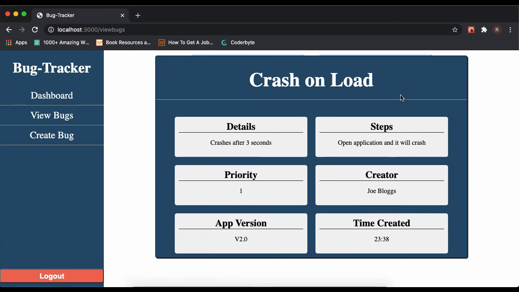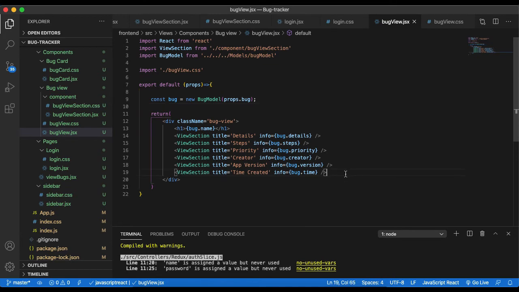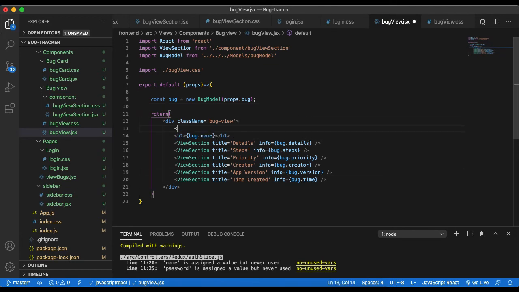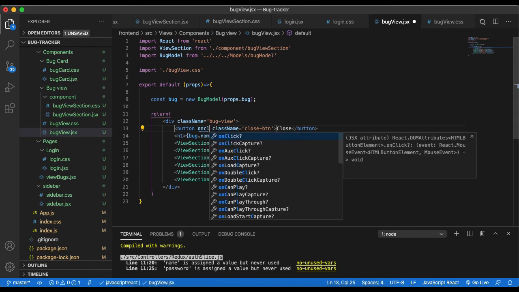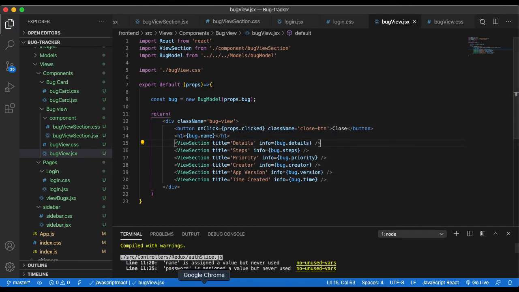We need to put a close button at the top so we can actually close this panel, because at the moment it's a bit useless, we can't do anything with it. So inside the JSX, we will add a close button at the top. So let's go button, close, and we want to set a class name of close button, and this is going to have an on click. Now the on click, we're going to on click back the props. So we'll go props dot clicked. So if we save that,